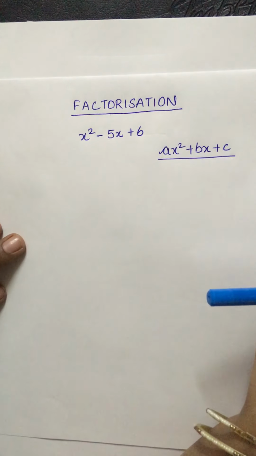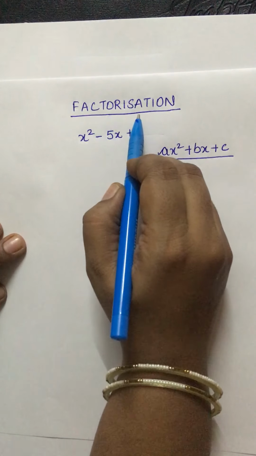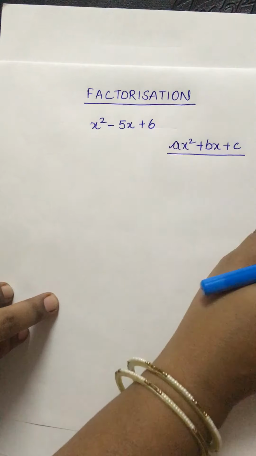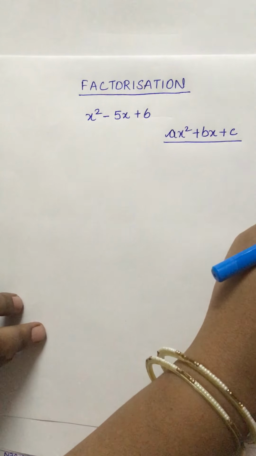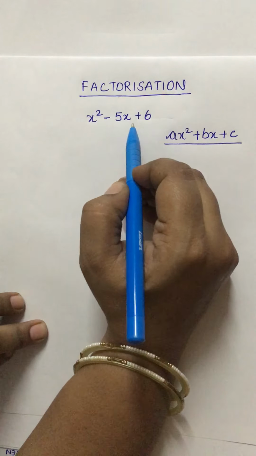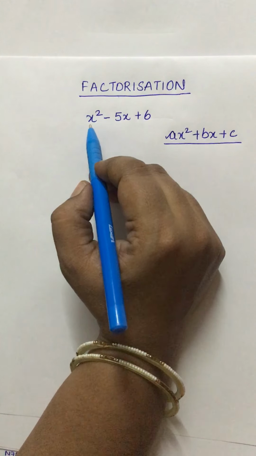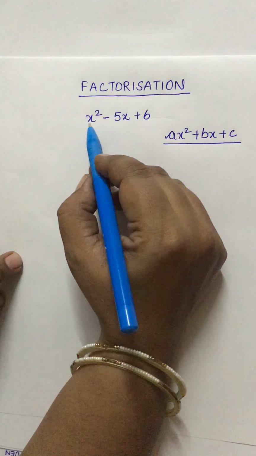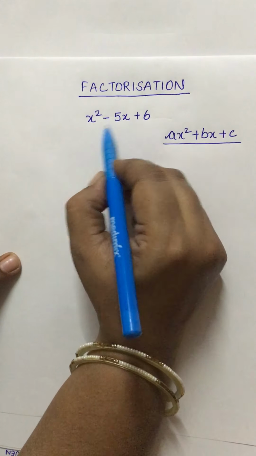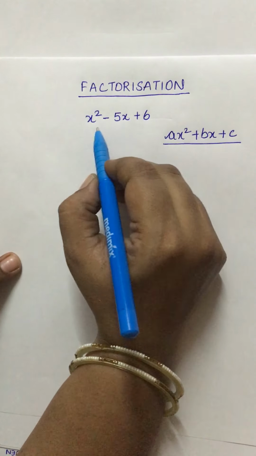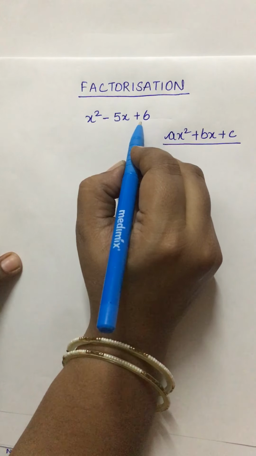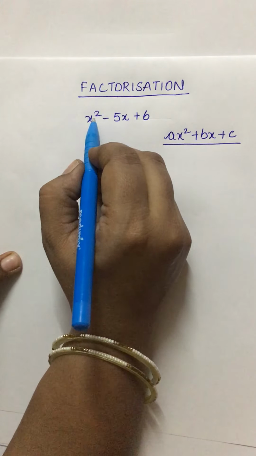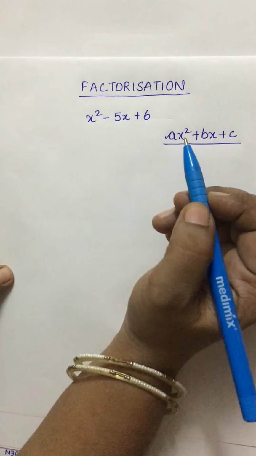Today I am going to teach you factorization of polynomials. What do you mean by factorization? Factorization means to find out the factors of a particular polynomial, which when multiplied give this polynomial as the product, right? So today we are going to learn the factorization of quadratic polynomials only. What are quadratic polynomials? The polynomials with degree 2. Means you will be having a term having a square in it, right?